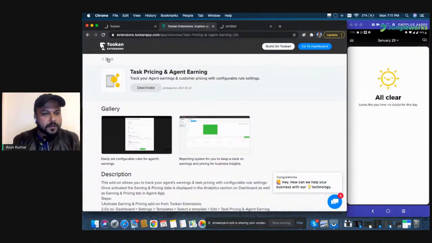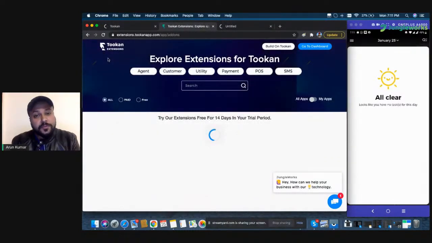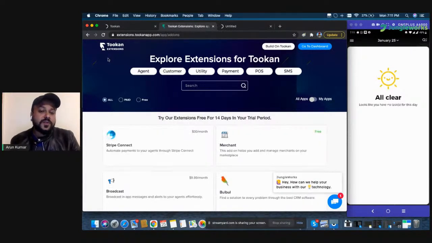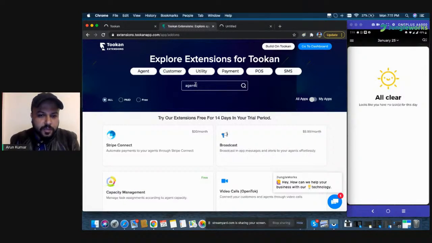Meanwhile, we can look at our other extensions that we are going to be covering in this session. I'll give you a brief overview of what those extensions will be. That will be in continuation with the task pricing and agent earning, because usually agent wallet is one ledger which actually collects all the data, that is how much the agent might have collected as a cash figure with him and how much his real earnings will be. So here, if I search for an agent wallet,